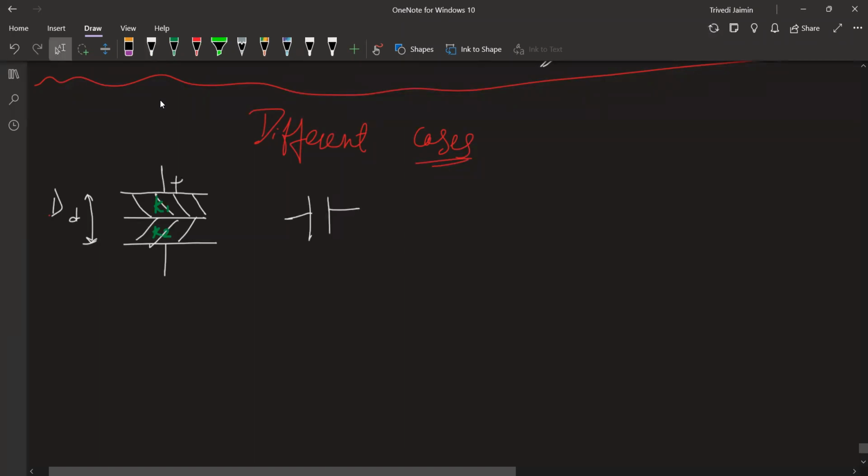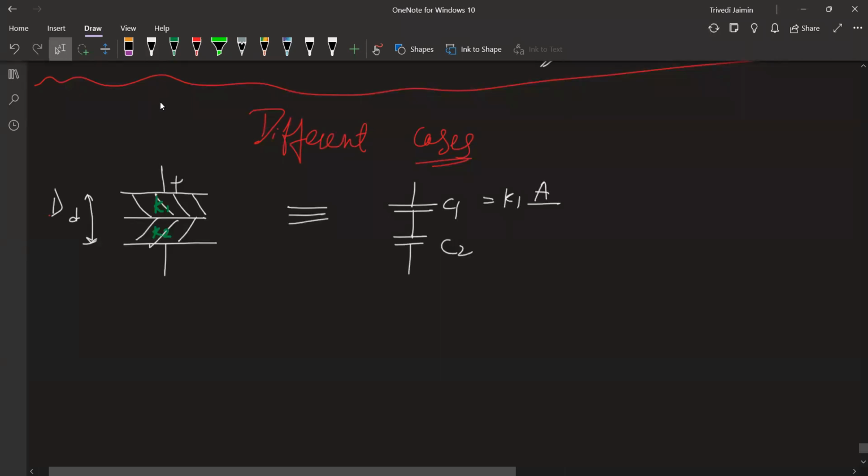I drew it vertical. So this is equal to C1, C2, two capacitors. So C1 equals K1